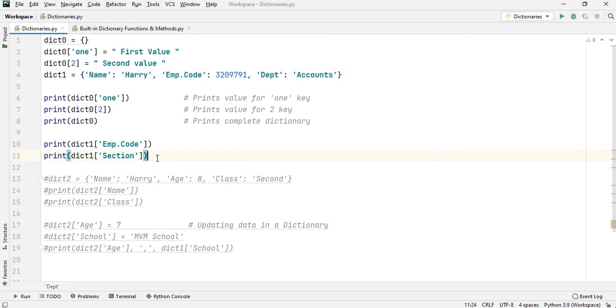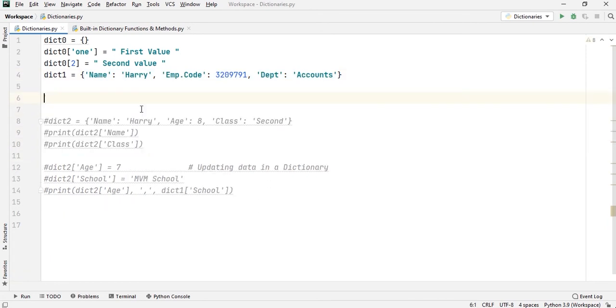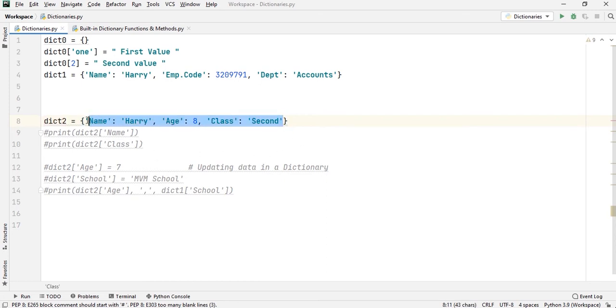Now, let me delete all these lines of code so that I can show you some other operations. Here you can see I have created another dictionary which is dict2, and it has these key value pairs: name Harry, age 8 and class 2nd. Now, as simple as the earlier cases, I will print these keys for you.